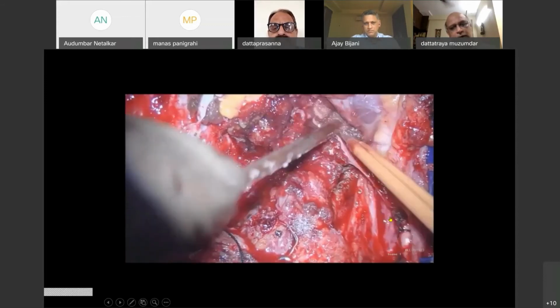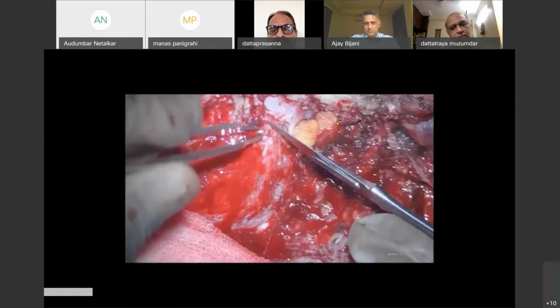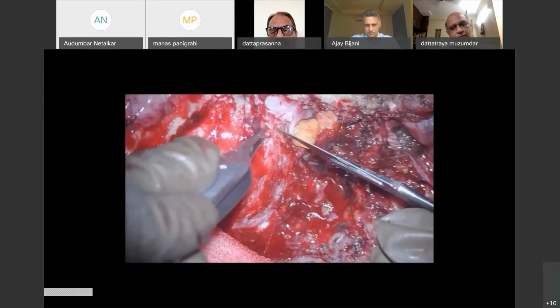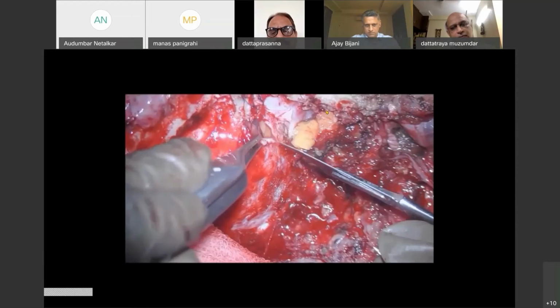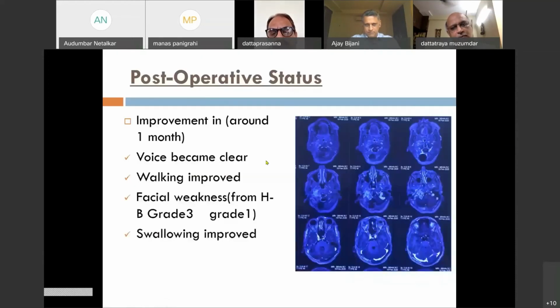And final hemostasis is either with Floseal or Surgiflo, whatever is available, and then with fat. Now this is the post-op scan. We still have a little bit of tumor. This is the fat that is seen, but we knew that some tumor is left around the internal carotid artery, for which we are planning to give radiosurgery. But the predominant intracranial part has been removed.